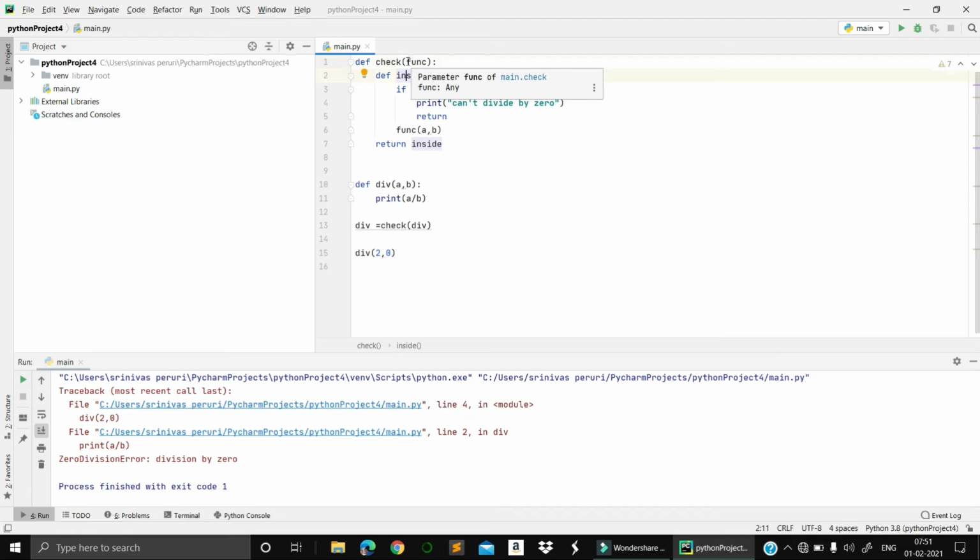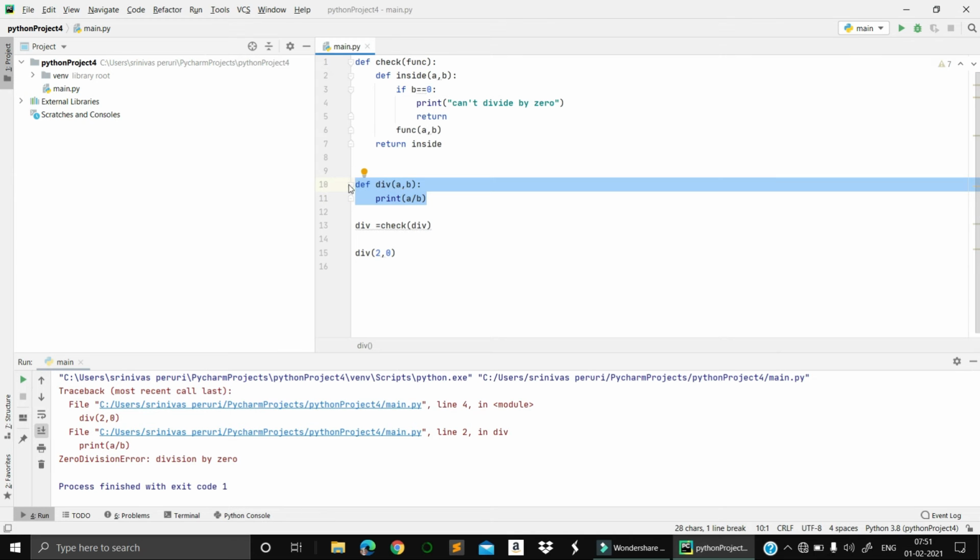This function will take the entire thing, and it will check whether b is 0 or not. If it is 0, it can print divide by 0. If it is not, it has to perform the operation and execute.